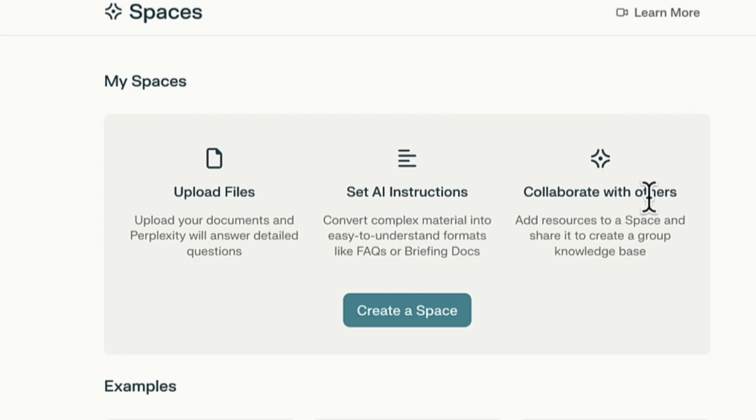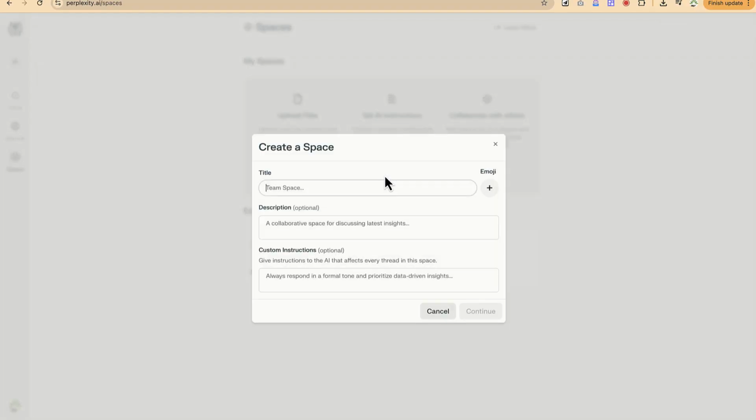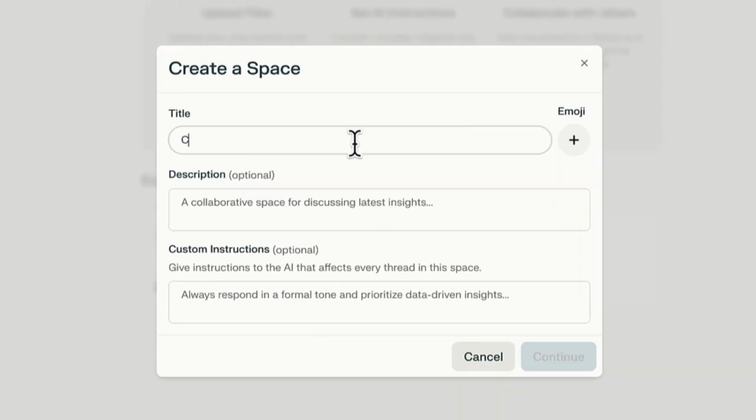Very easily. Another advantage is that it enables you to collaborate with others. So you can work with your team members on a particular space very easily. You have the option to work together, citing different kinds of content and even analyzing or giving tasks and conducting them together. So let's start by creating a simple space, and this is the first usage of a space. Let's start by saying conduct research